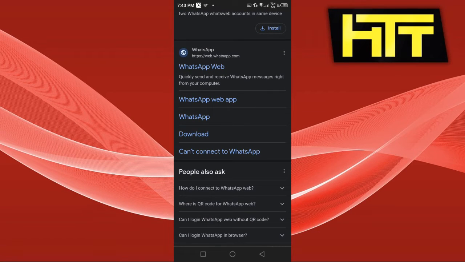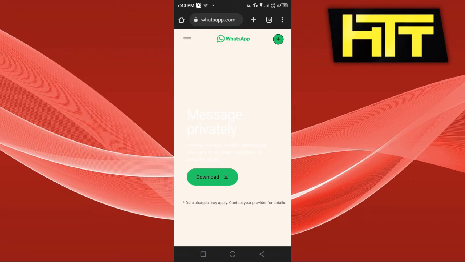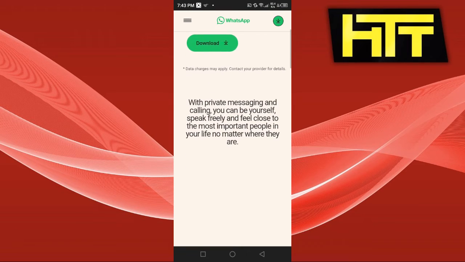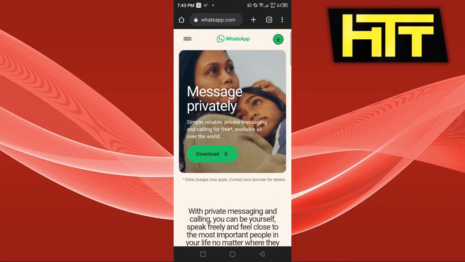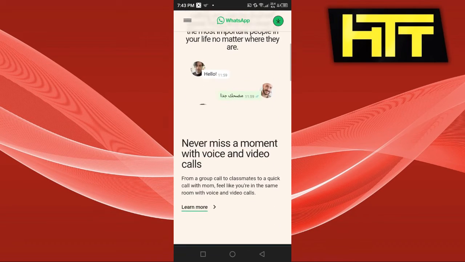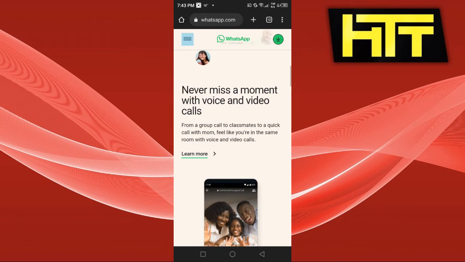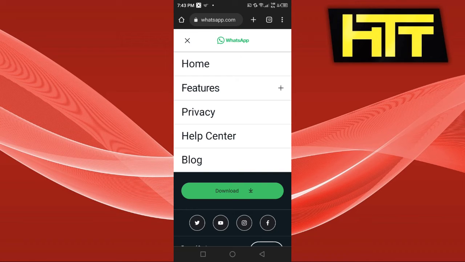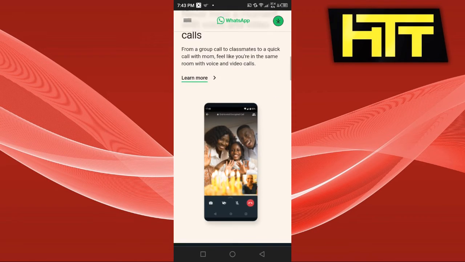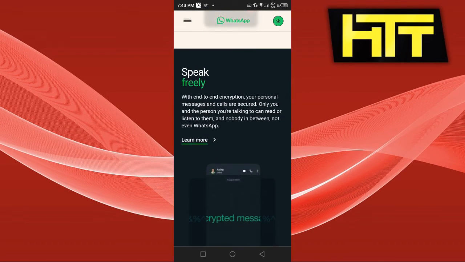So all you have to do is go ahead and search for WhatsApp Web. You can download the WhatsApp Web app, and the next thing you have to do is search for the QR code and scan it with your phone, and you can use two devices with one WhatsApp account. And that is how you do it,